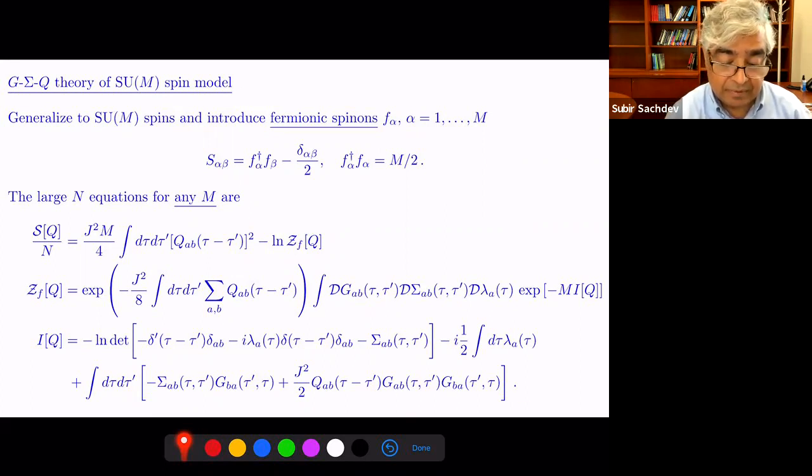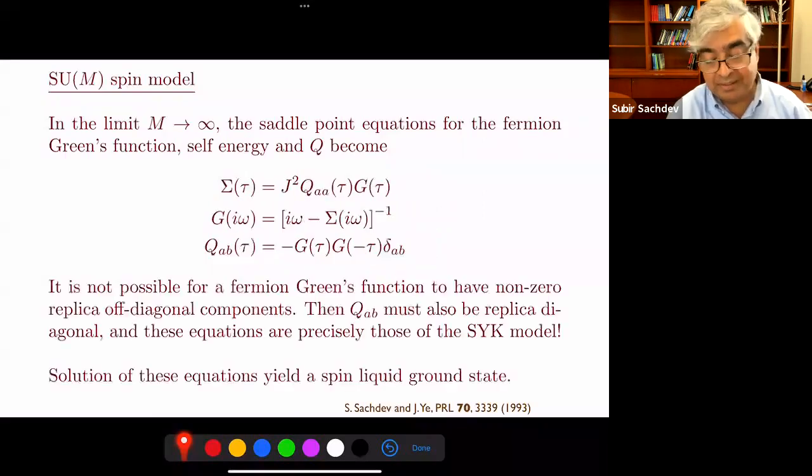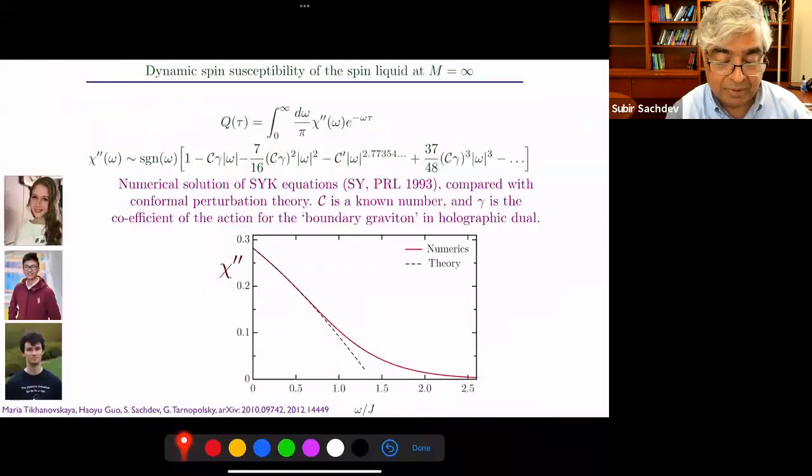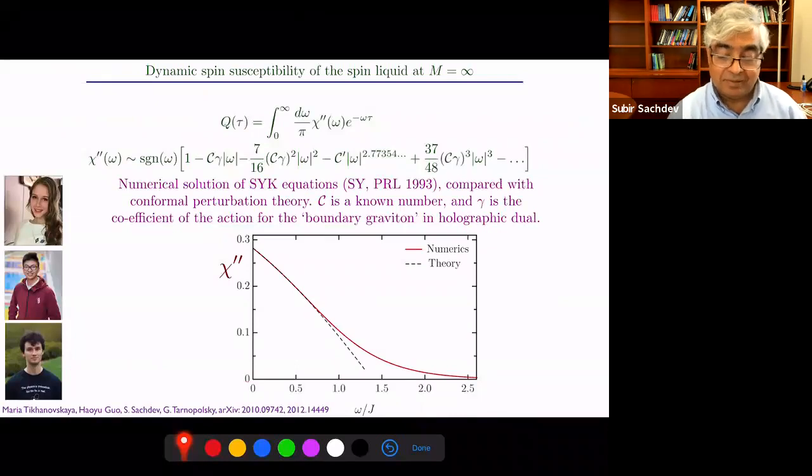Okay. So these are the SYK model equations, and of course, we now understand a great deal about them. Let me just plot one of the things we now know in amazing detail. This function Q of tau is now fully replica diagonal, so there's just one function to determine. You don't have to worry about any of the Parisi stuff. This is a very different problem, and now we know a lot about it. So this is just the spin-spin correlation function, and its spectral density decays as 1/tau at long time.